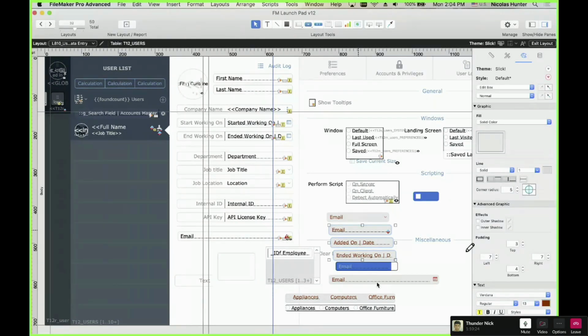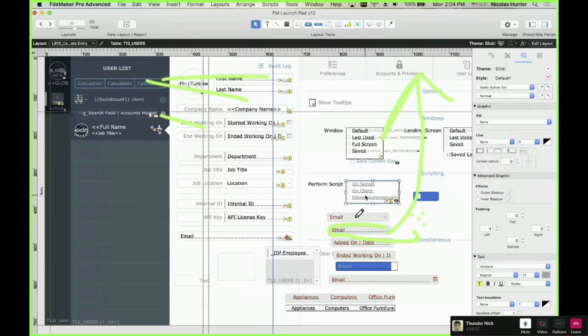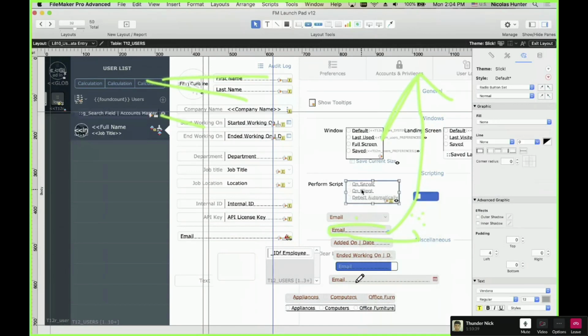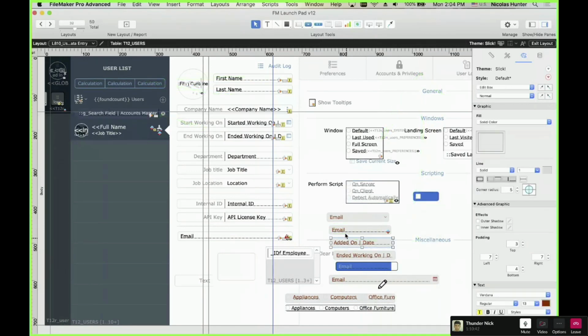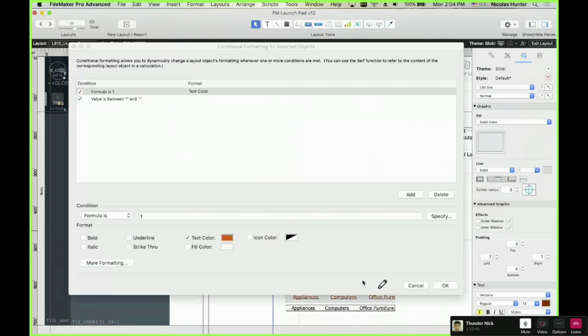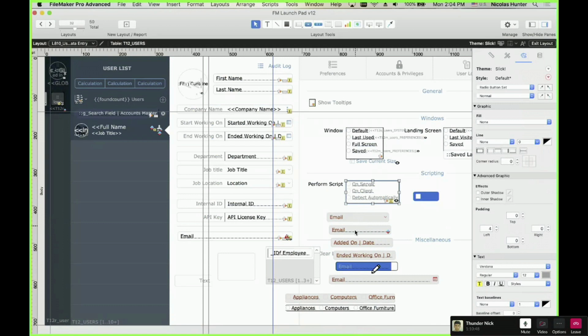I cannot know everything. We're selecting the item that is the top one, right? That's what we did. So the item that we want to replicate, we have to bring it to the top of the layering, and then you select it. Does the order of selection matter then? Let me try it. Do the bottom, do that way. Yeah, it doesn't care about the order of selection. It's the layer, so it's going to take the custom formatting from the topmost object.